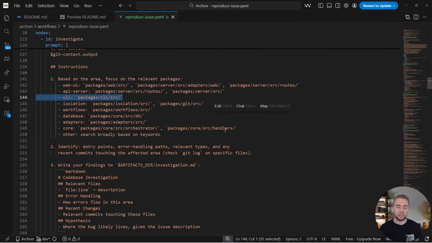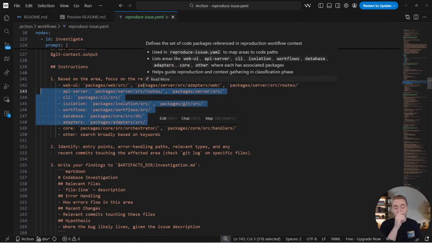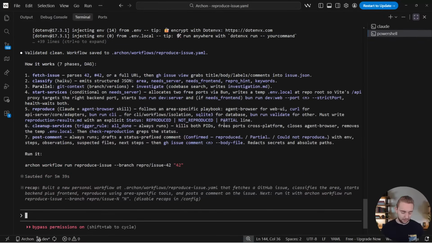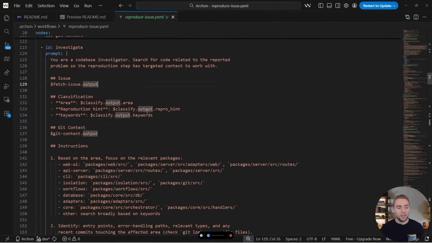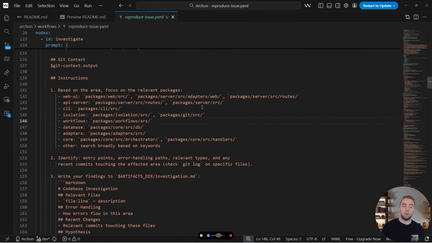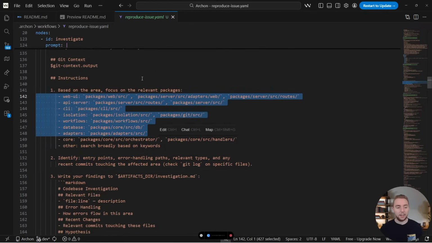I mean, maybe we'd have to look there and the core, because the core is the one place that kind of affects everything. And so maybe I would actually adjust the prompt to specify that. So this would be a good example for me to add in a little bit of correction here. I want to be very careful here. For the investigate node, I want it to know that if something is, for example, broken in the CLI, we'd also have to look in the core as well, because the core part of Archon really does affect the other parts of the code base.